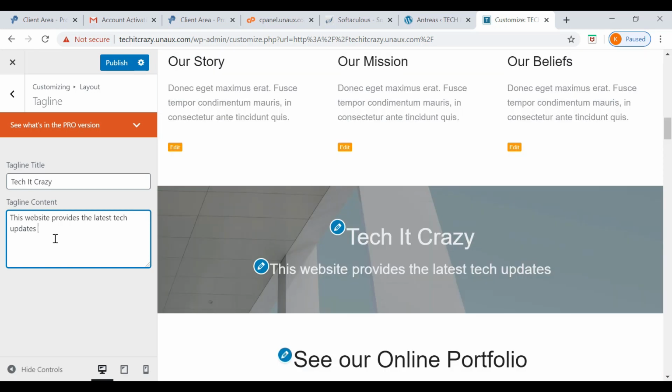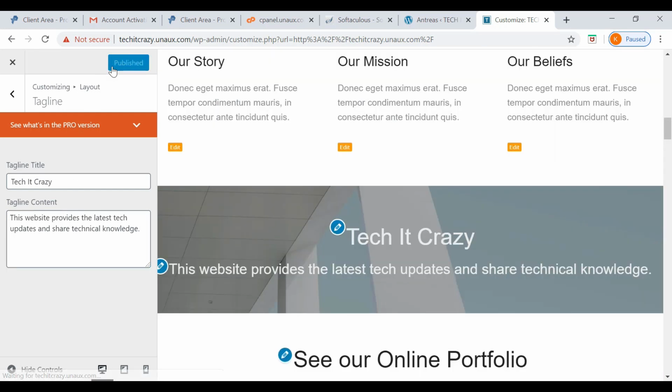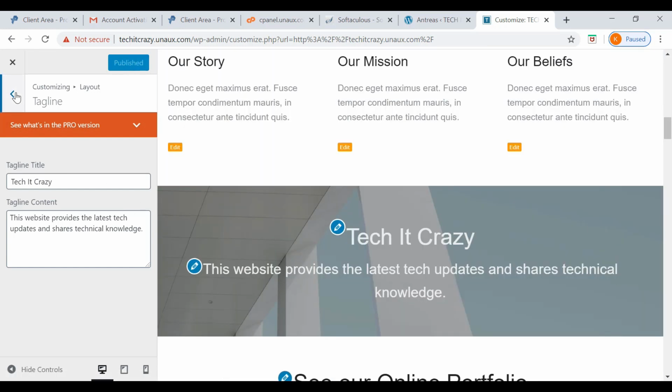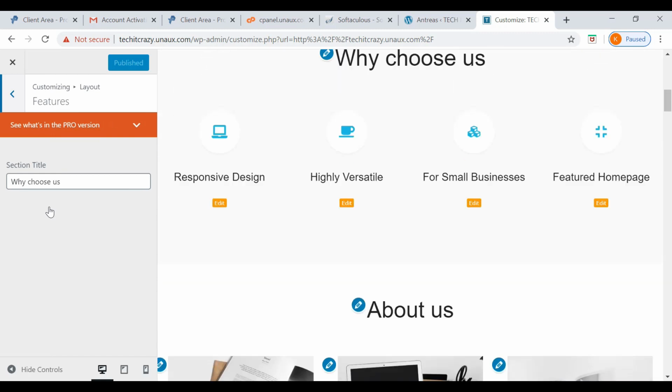So within no time you are creating a website without any bug, without any money, and you can tell your friends, or if you are a shopkeeper, you can create it for your shop. If you are a student, you can create your website for yourself.